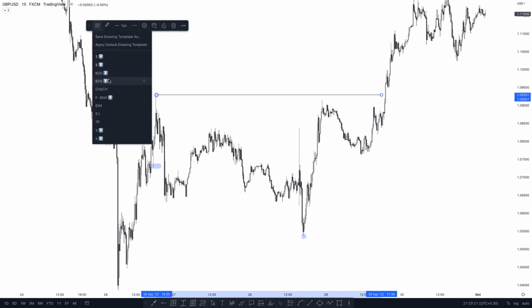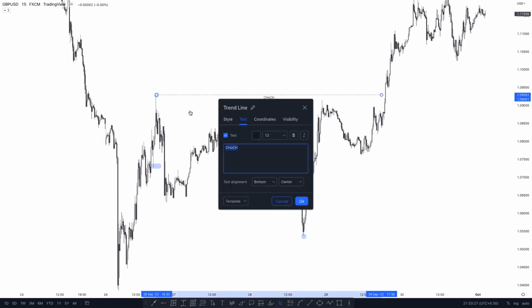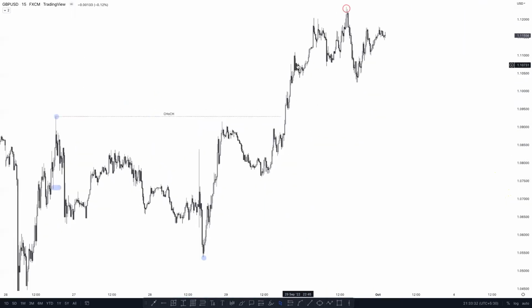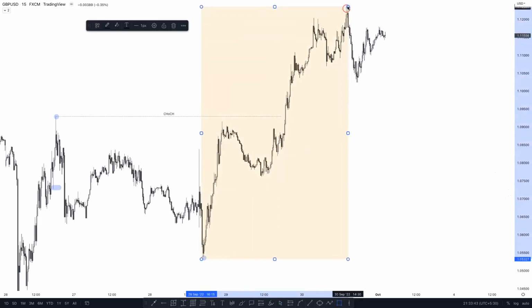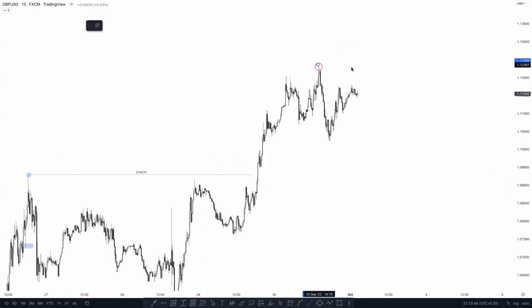After breaking the structure, I mean change of character technically, it goes higher, and the first pullback, okay, still this high and this low are our trading range. So if the market breaks above it,